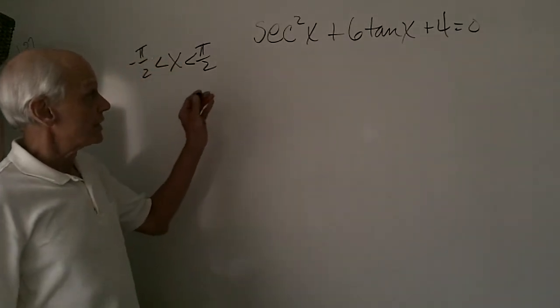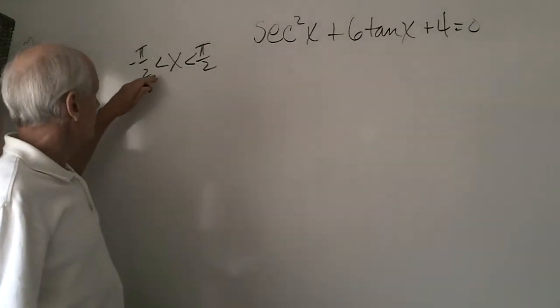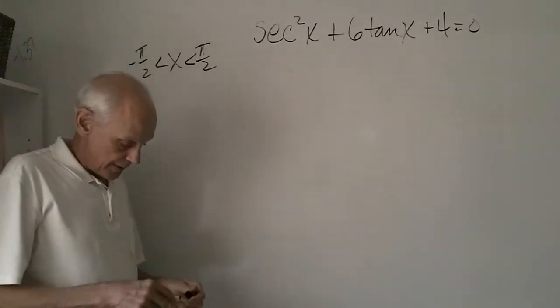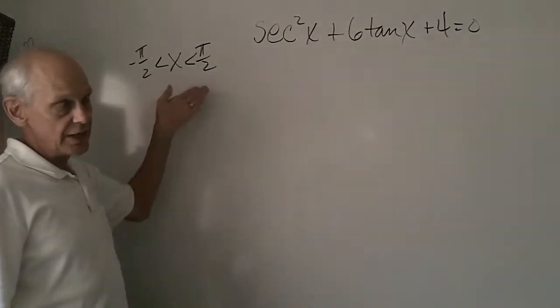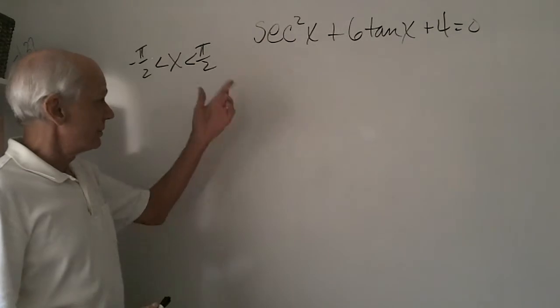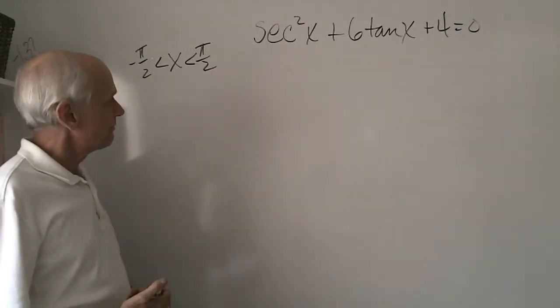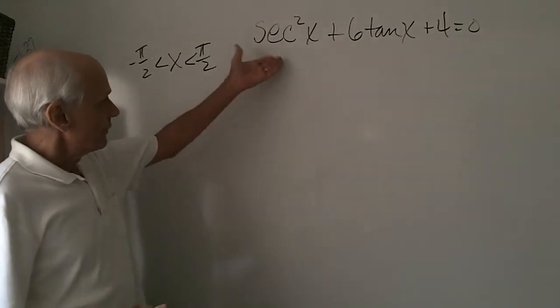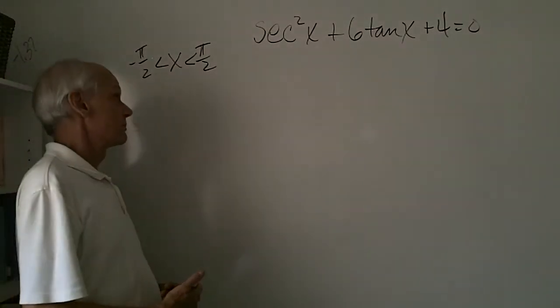And what we're looking for is all the solutions to this equation in the range of negative pi over 2 to positive pi over 2 radians. If you haven't studied angles in radians, you will be getting used to that when you do the trigonometric part of Precalculus. Essentially, one of the first things you'll learn is the Pythagorean identities for